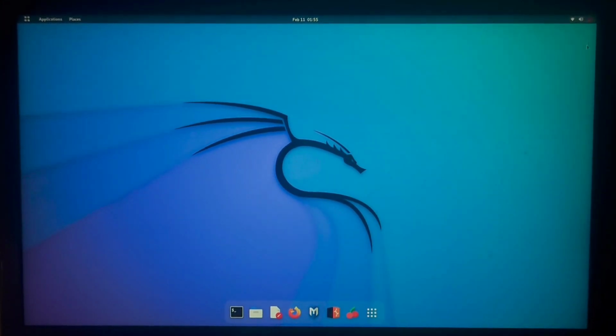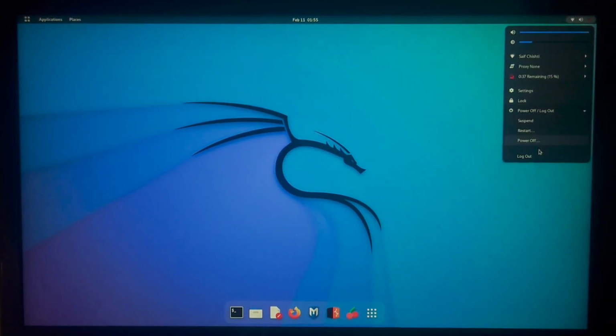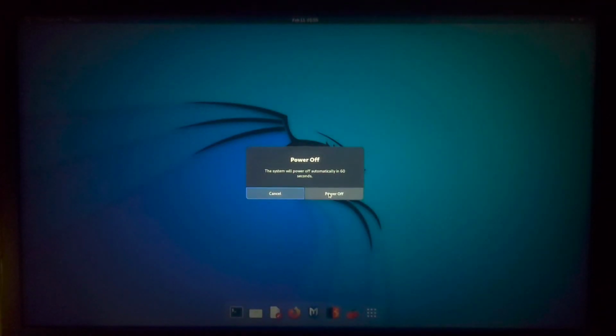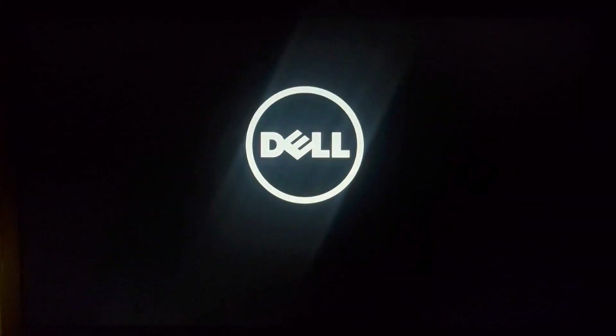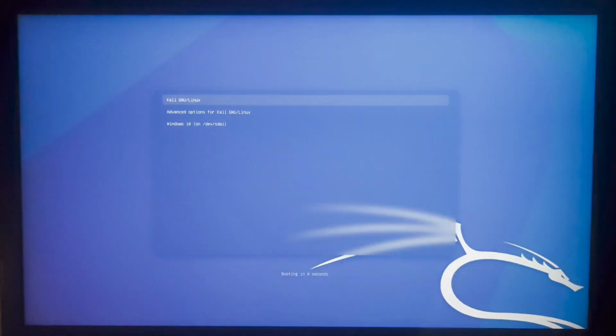For example, if you want to use Windows instead of Kali, then you can restart here. Now if you want to use Windows and you don't want to use Kali, then when this menu appears, within 5 seconds bring down this selection bar to Windows 10 and click enter.